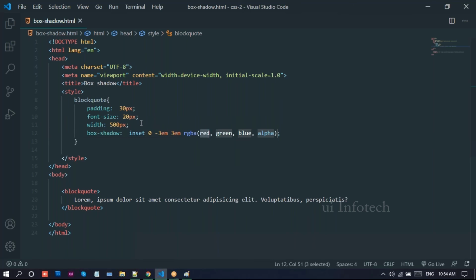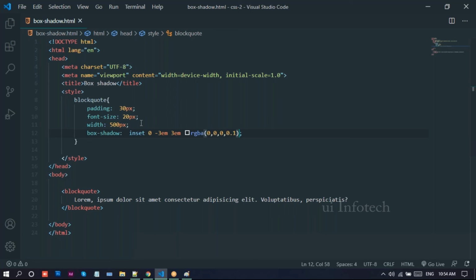In this RGBA I'll provide a transparent, glass-like effect, right? So I just apply here 0, 0, 0, 0.1 here.